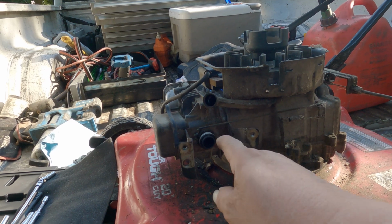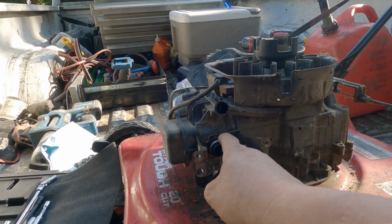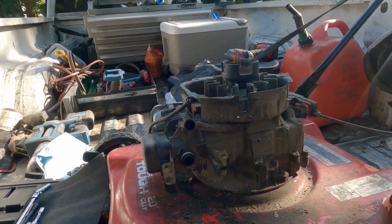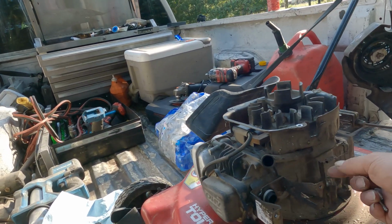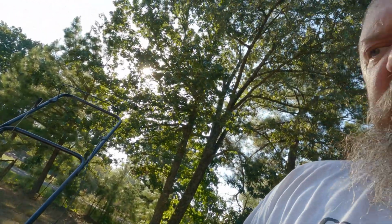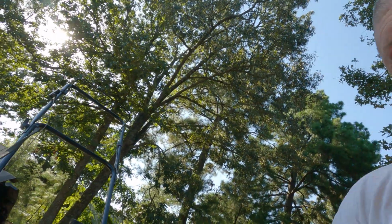Sorry about the phone noise again. You just slide your carburetor off of this gasket, or off this O-ring, and then work your rod off, and then you're off to the races. And then whenever you get your carburetor off,